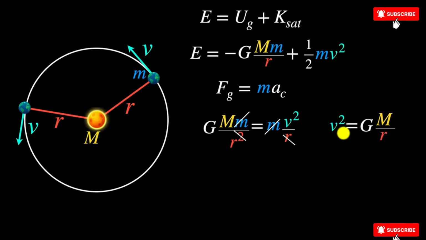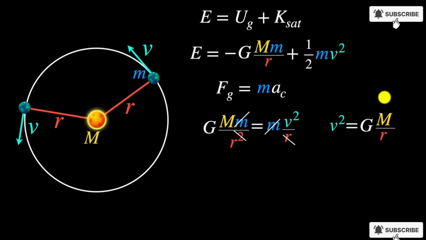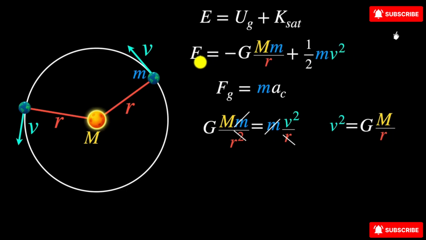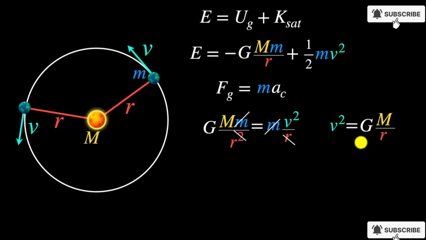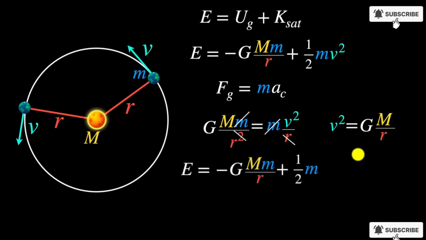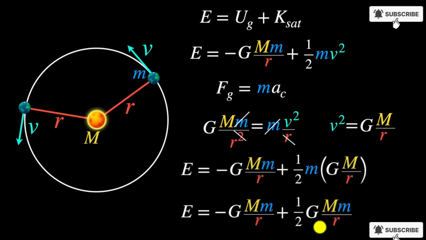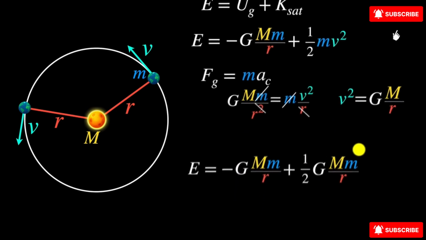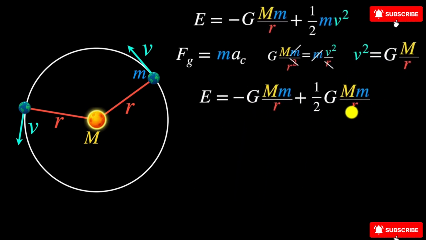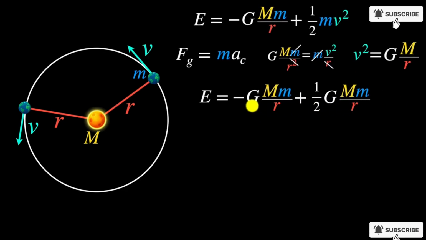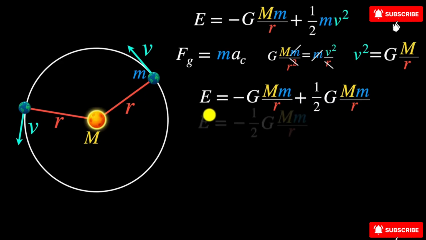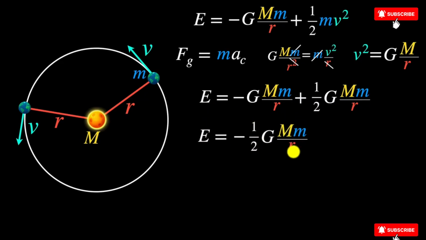Okay, so now that we know an expression for the orbital speed, we can plug this in over here and simplify the expression for our energy. Again, pause the video and see if you can simplify and gain some insights. All right, so if we plug in for v squared GM over r, we end up with this expression. So let's clean this up a little bit and think about what this tells us. First of all, I can write this as GMm divided by r times -1 plus half, which is minus half. So my total energy now becomes minus half GMm divided by r.